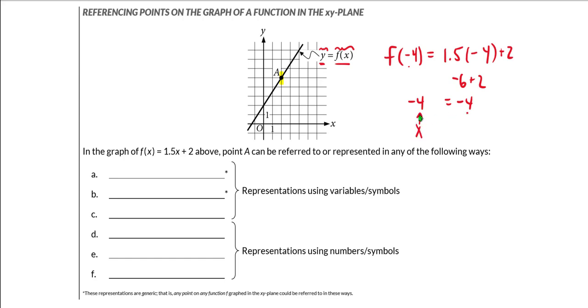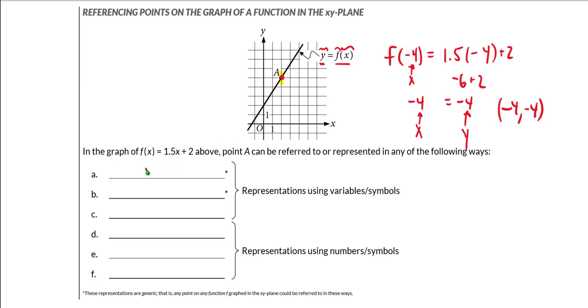So again, we plot the x value in parentheses as the x coordinate on the xy plane, and we plot the output or result as the y value. They happen to be equal to each other here, so this would be the point -4, -4. So again, in terms of point A, there are two generic representations for any point on any function on